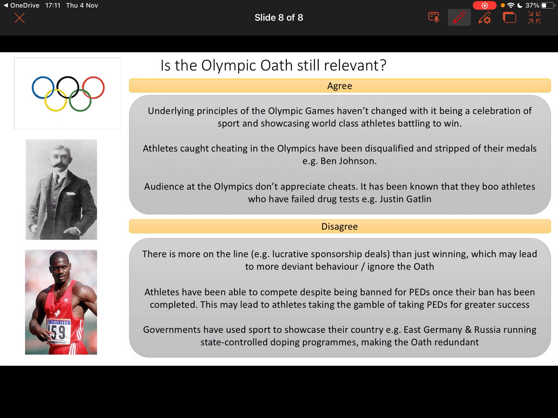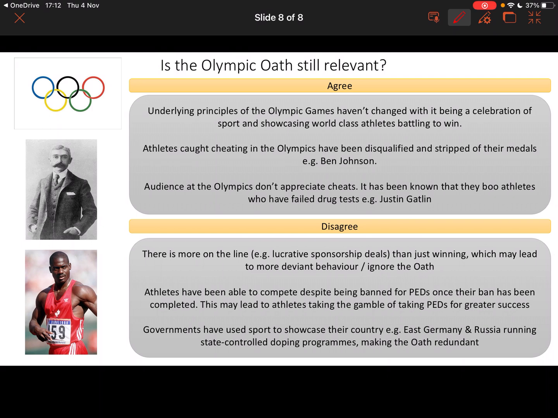And again, the more successful you are in professional sport, you could earn more money, as it says there, more lucrative sponsorship deals. If you are successful at an event like an Olympic Games, you could change your life. You could be commanding bigger salaries for competitions, greater sponsorship contracts, so that you could take the risk. You could decide to cheat, to take that risk, so you choose to ignore it.